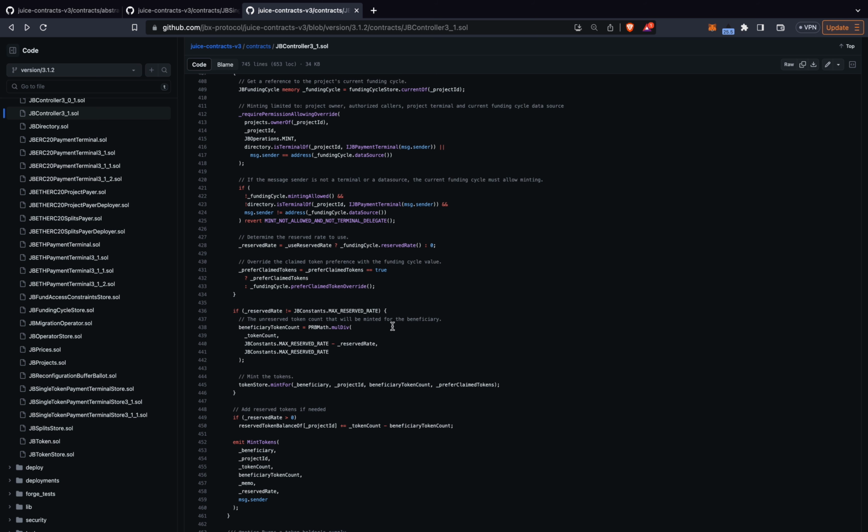What I'm curious about too is JBPrices. That's another contract I haven't seen. Yep, JBPrices is a great deep dive that we should do a different episode. We haven't used it much, mostly because we've only facilitated single token payment terminals, and projects mostly just operate with one payment terminal. So there's not a lot of pricing action happening, like figuring out how one price relates